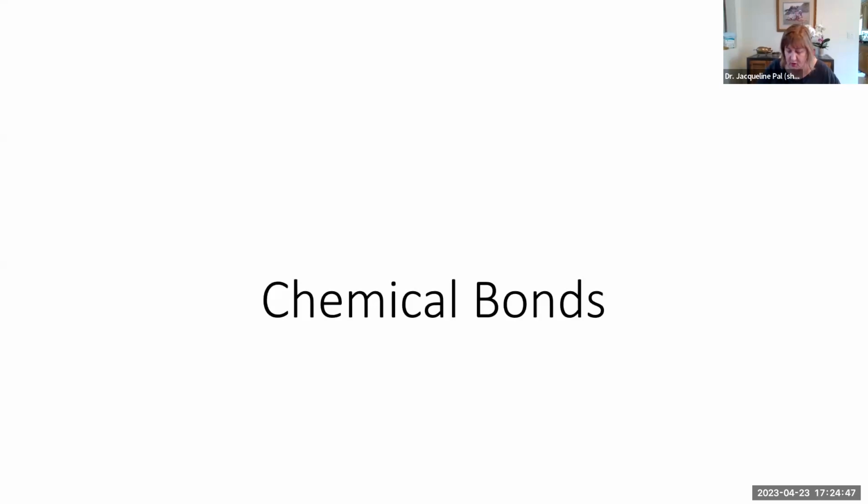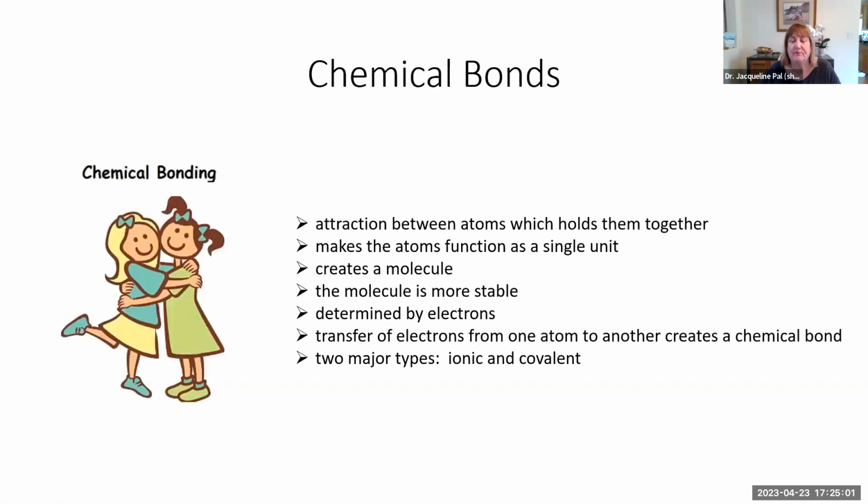Different types of chemical bonds. And as I said before, this should be here, but I know it may have been a while since some of you did chemistry, so let's just run through it, use the information that you might have to use when learning about human physiology. So when we're talking about bonds, chemical bonds, we're talking about what is attracting atoms and holding them together so that they function together as a single unit